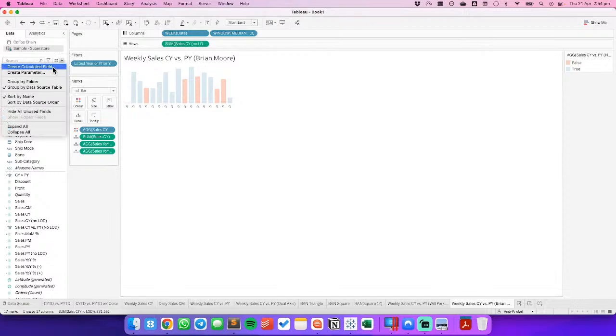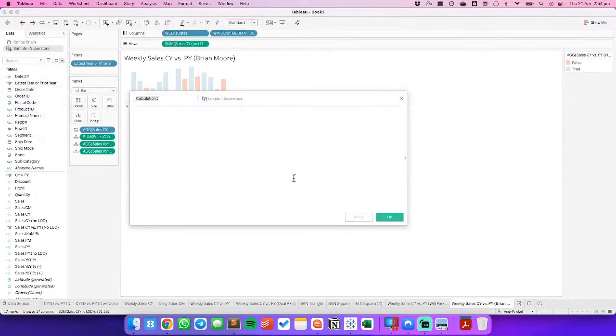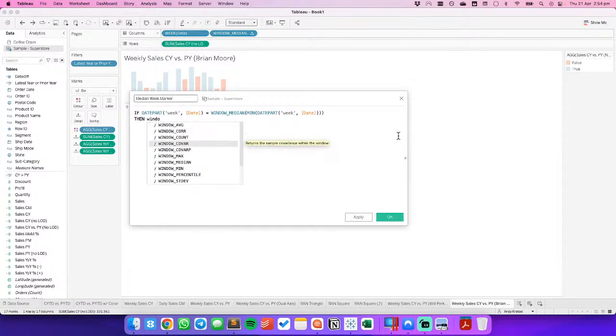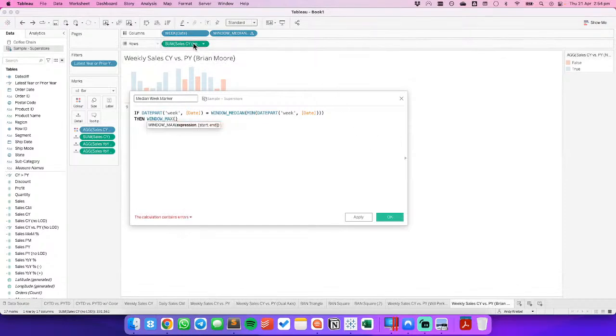Okay, so let's try. All right, I'm going to try something else here then. I'm just going to call this median week value. I'll call it median week marker. So I'm going to say if this is equal to that, then we want to get the maximum of the view. So window max of this one. And okay, so